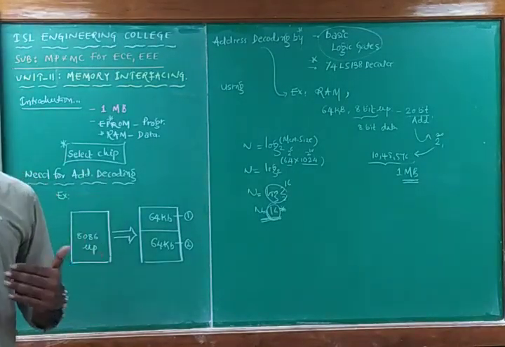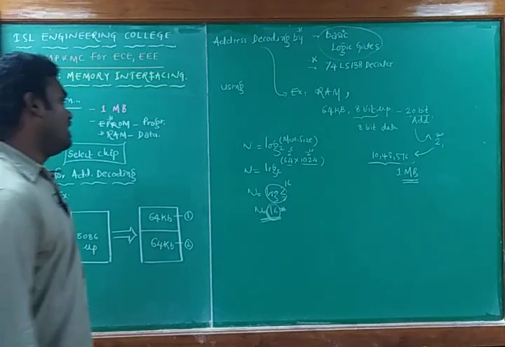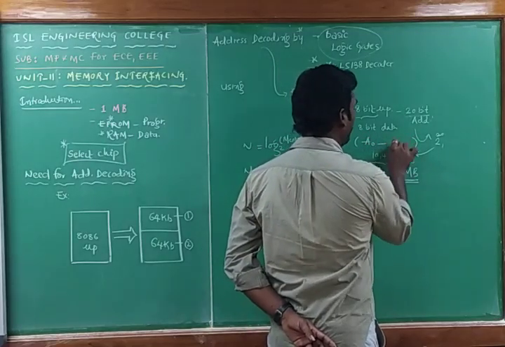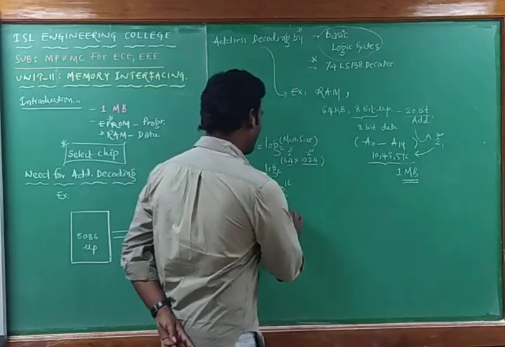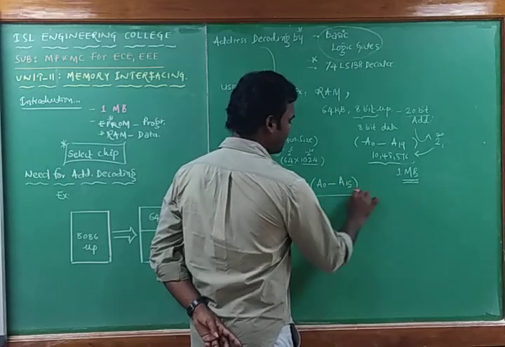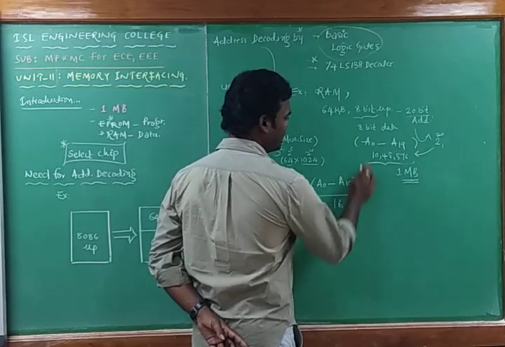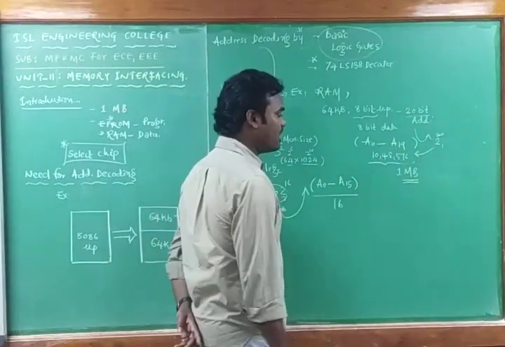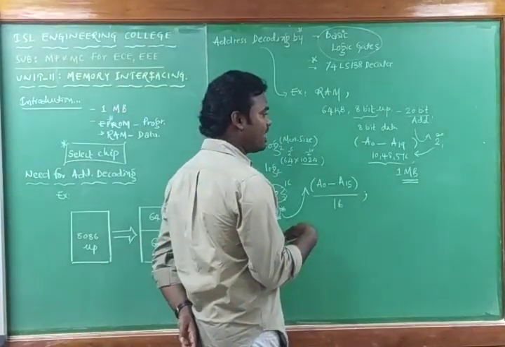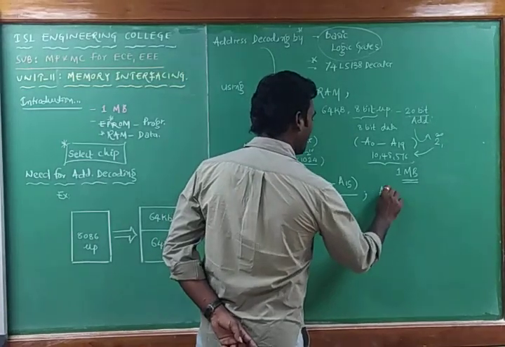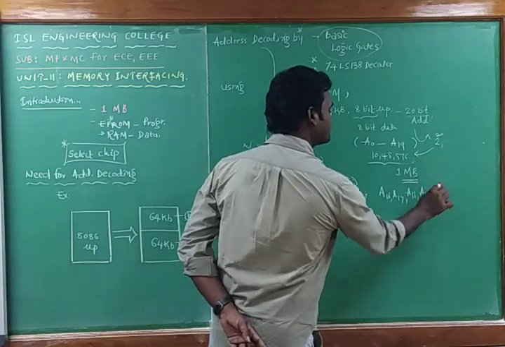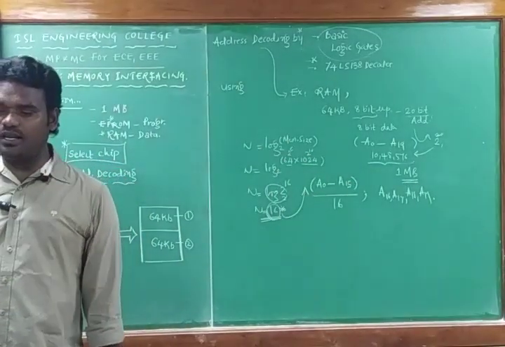But the processor has 20 address lines, from A0 to A19. Here we require the address lines from A0 to A15 only. A0 to A15 is 16 lines, but the processor has a total of 20. We are not going to use the additional lines, A16, A17, A18 and A19, for accessing 64 kilobyte. So here there is a problem.